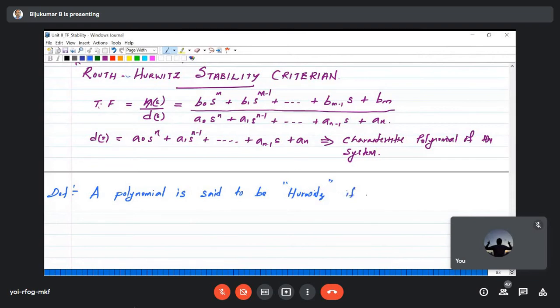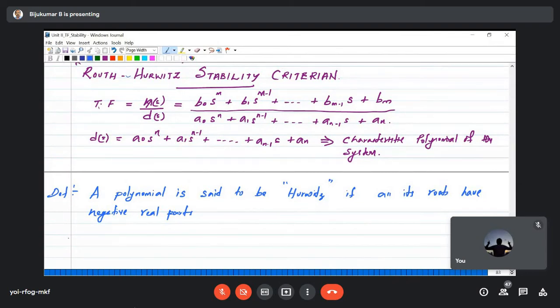if all its roots have negative real parts. Negative real parts. Hope now you understand the importance of this polynomial. Any polynomial is said to be Hurwitz if all its roots have negative real parts,